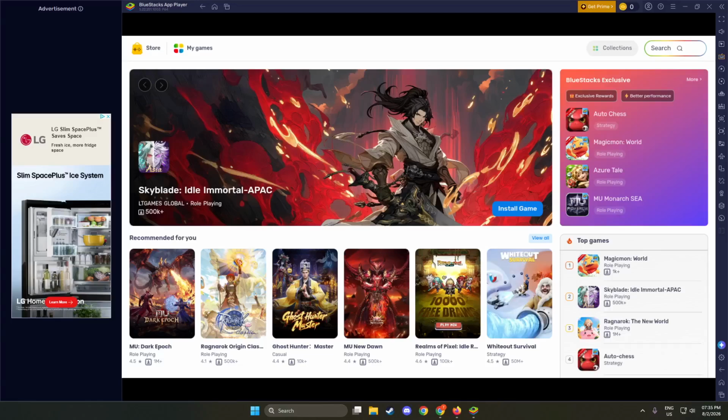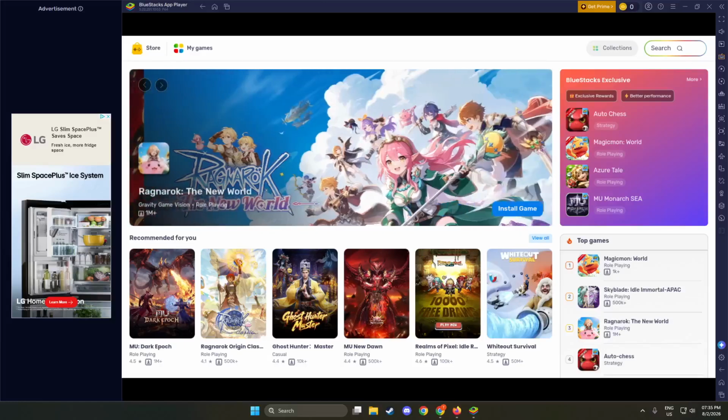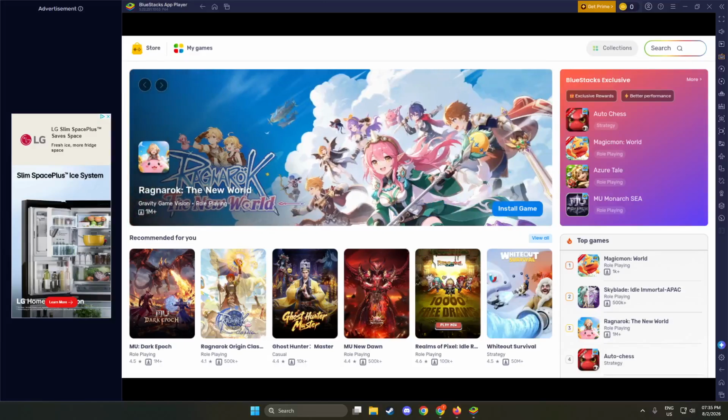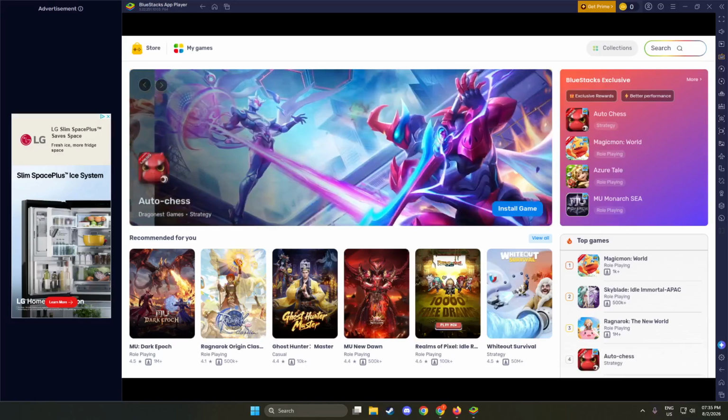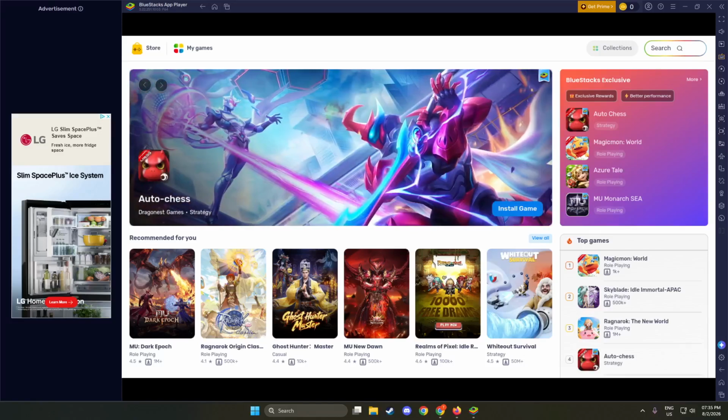If it is pinned to your taskbar, click the BlueStacks icon there. Otherwise, open it from your desktop or Start menu. When it loads, you should see the main BlueStacks window with either the home screen of the emulator or the last app you used filling most of the space. Give it a moment the first time, since BlueStacks can take a bit longer to start while it sets up